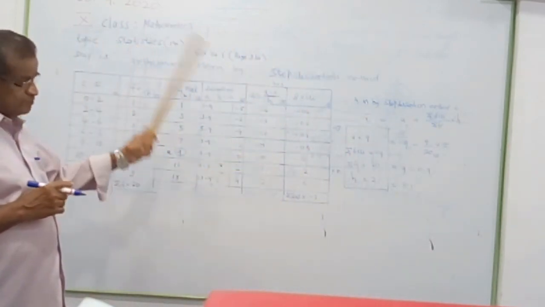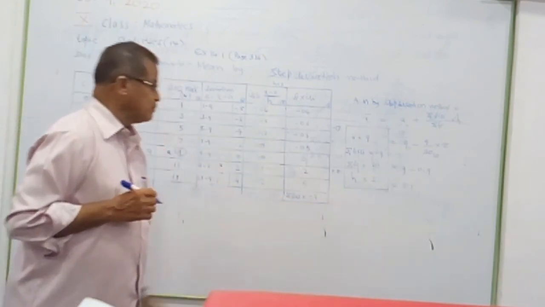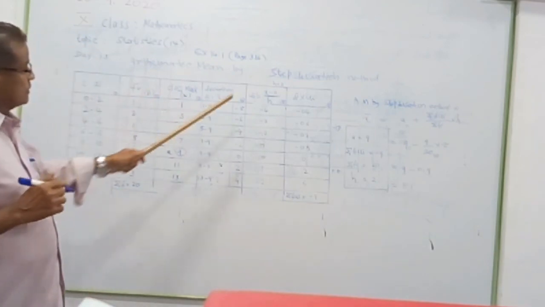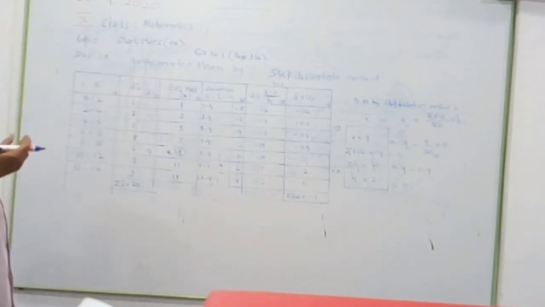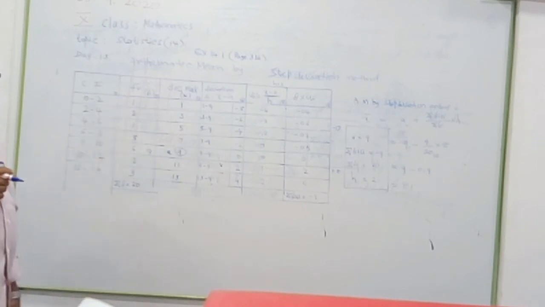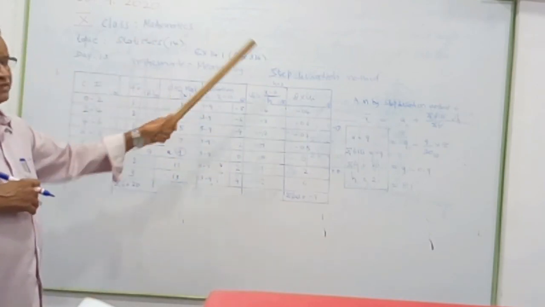So direct method 8.1, deviation method also we got previously 8.1. Now the third method, step deviation method, also we are getting same answer. Answer will be same. But this is important. Third method, step deviation method, important. Please note down and practice again. These 3 methods: arithmetic mean by direct method, deviation method, step deviation method.